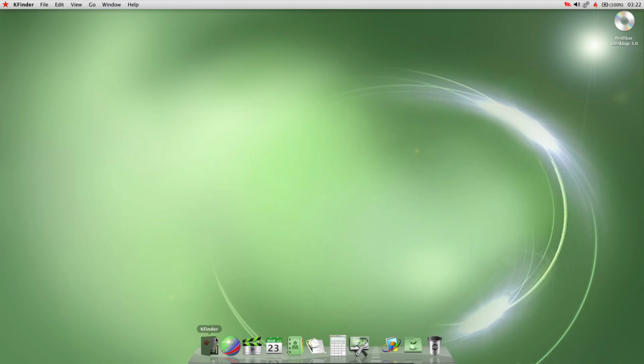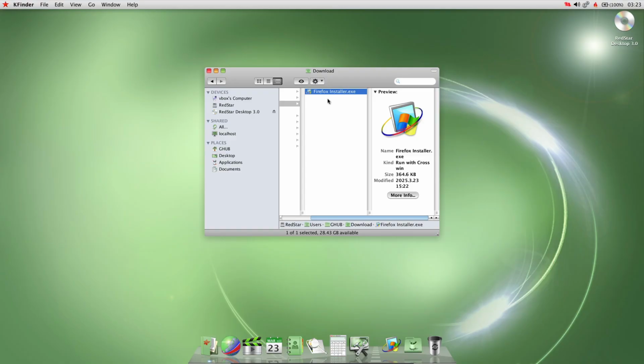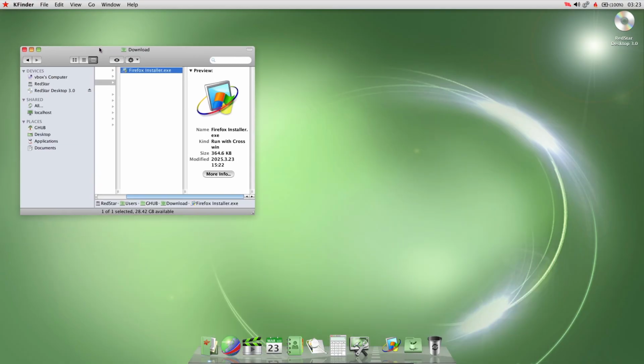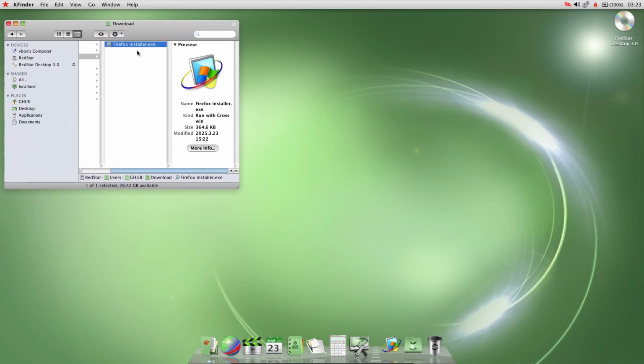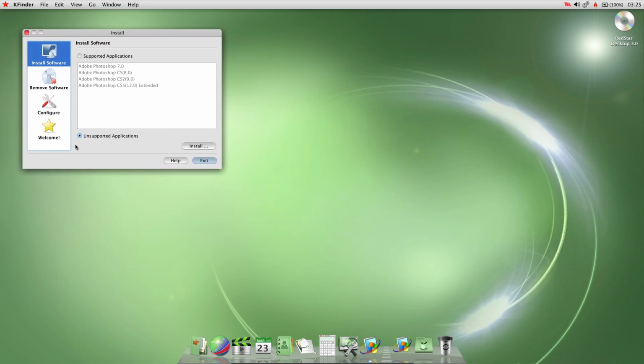So let's go into Kfinder right here, and let's hope that there is a downloads folder. Yeah, and it's right here, and it does automatically show the app's icon. So I guess let's just double click on it and see what happens. Okay, it tells us that the application is already running. Is there anything that has started? Nope, it hasn't. Okay, so the app has just opened up, so I'll just select unsupported applications over here